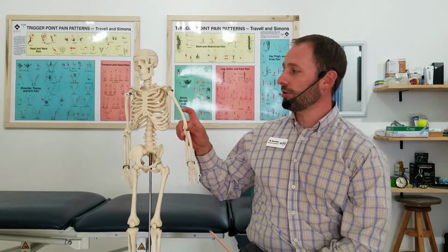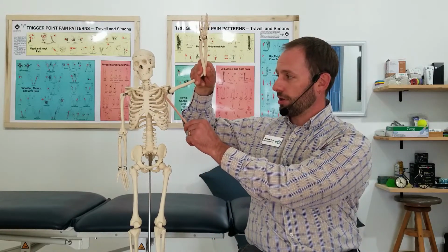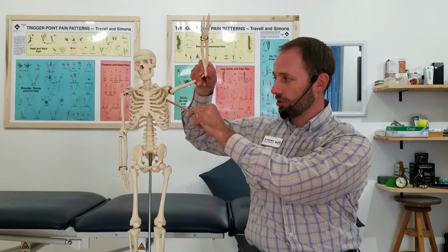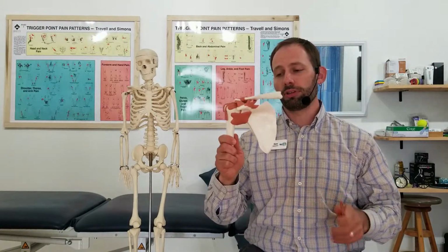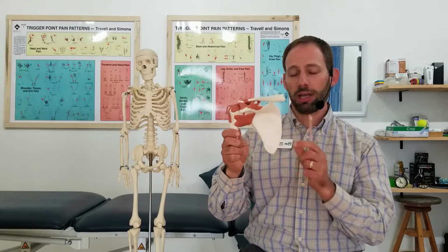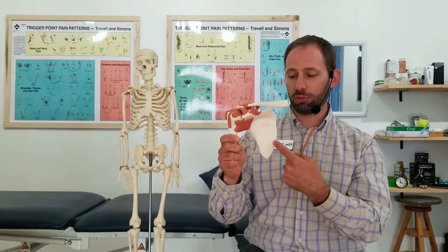Homer's been very helpful. We're going to go through a couple more muscles that are important for shoulder stabilization. There's a muscle underneath the arm, connecting onto the outside, middle, and upper ribs and onto the undersurface of the scapula, all the way on the medial side towards the spine. This is called the serratus anterior. Looking from this position with this model, this is the outside of the right arm, and this is the shoulder blade. It's going to be on the inside, front side, and on the inside medial border,